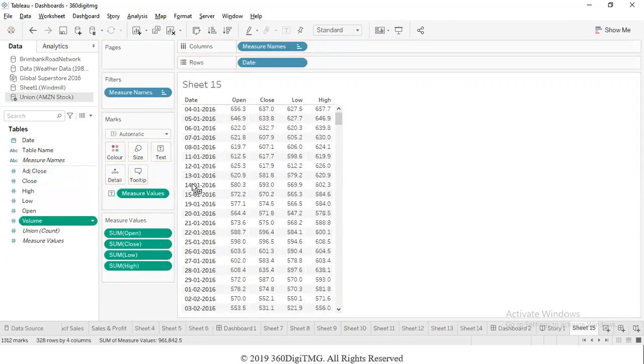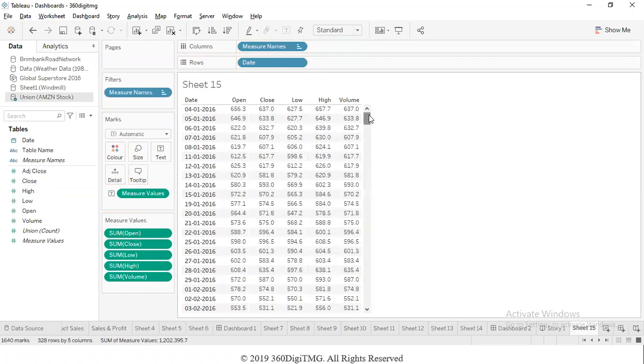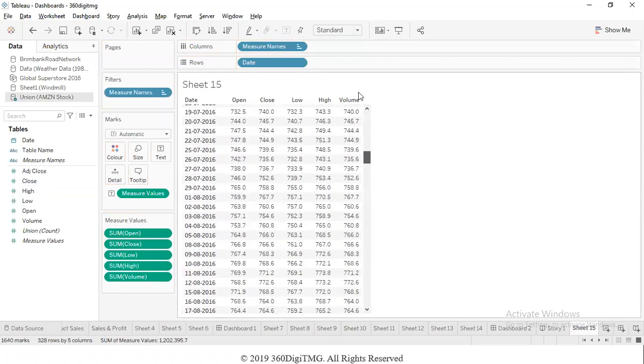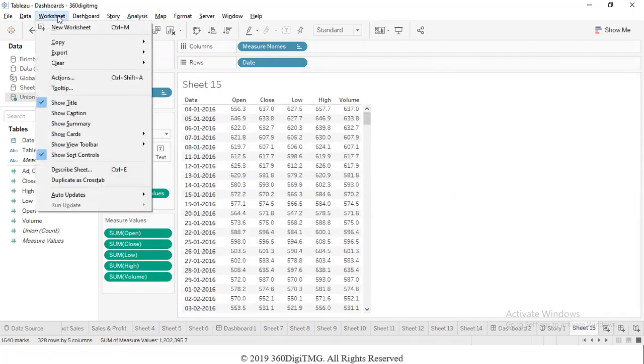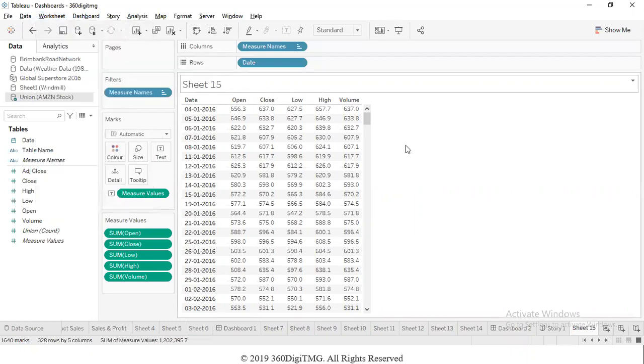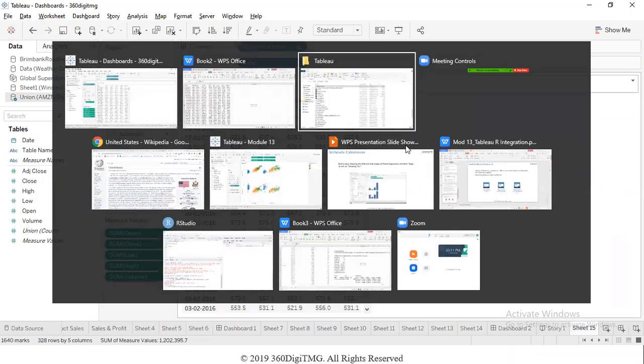Okay, and volume. Now, if you want to send this data into an Excel after creating the report, it can be done easily. We go to the worksheet option on the menu and we say export and use the option cross tab to Excel. Now this data which has come from a PDF file, which we have represented in a visual format, in a text table format, we are sending it to an Excel. That way we can send it to an Excel. So Tableau will automatically open an Excel and send the data there.